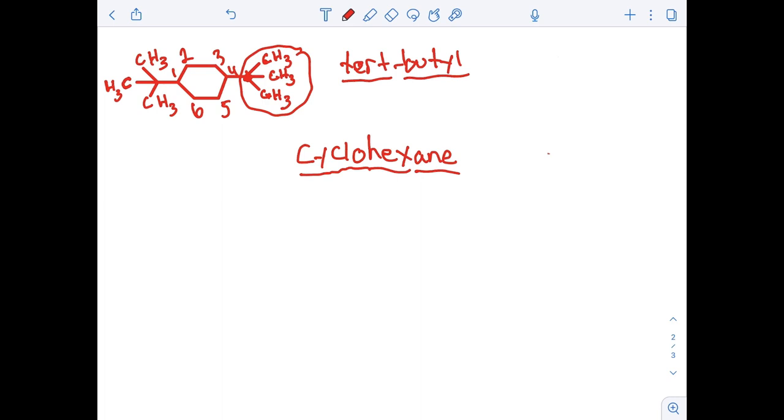So this would be 1. So you have the tert-butyl, 2 tert-butyl groups on the 1 carbon and the 4 carbon. So this would be 1, 4 tert-butyl. However, since you have 2, you have to identify that as dibutyl. So it would be 1, 4 di-tert-butyl